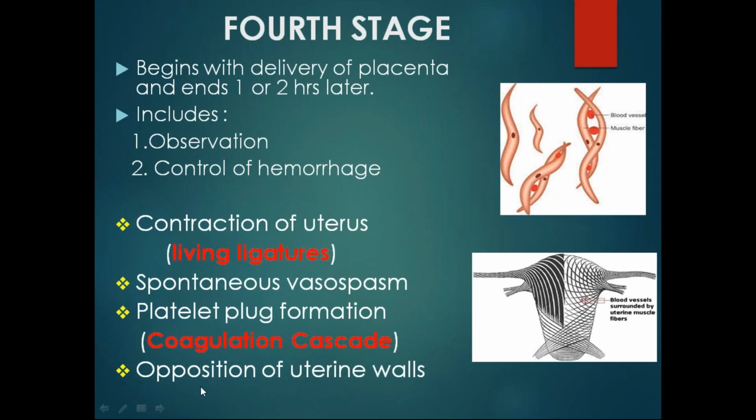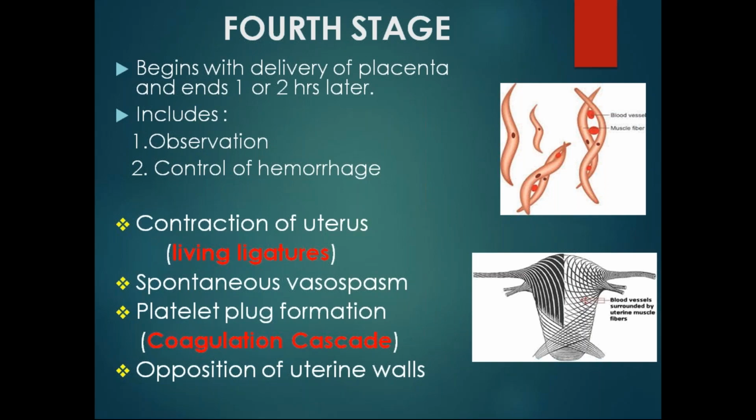And fourth, the walls of the uterus will oppose each other. The anterior and posterior walls will be firmly opposing each other so that there is no space for the blood to collect. If there is a big cavity, the blood will go on collecting. But when there is no space, what will happen? There can be no place for collection of blood. So all these four things together bring about an excellent hemostasis. It is a well contracted uterus, spontaneous vasospasm of the vessels, platelet plug formation due to coagulation system stimulation, and opposition of the uterine walls. All these things together will stop the bleeding, and that is the end of fourth stage